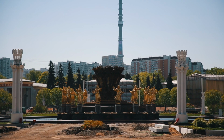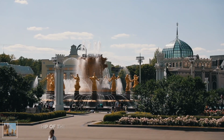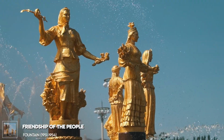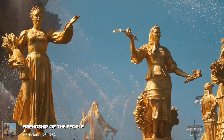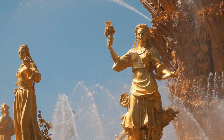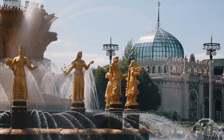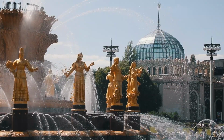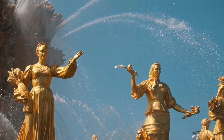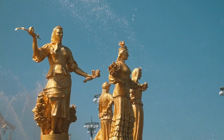The main fountain was just opened about 2 months ago. It was undergoing a big renovation as well, so it looks shiny now. Again, 16 different figures of women representing 16 different republics of the Soviet Union. Every sculpture is absolutely unique. They have different faces, obviously different outfits. It's one of the most beautiful fountains ever,